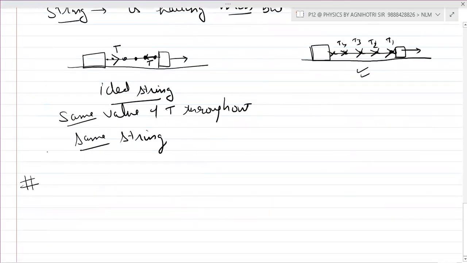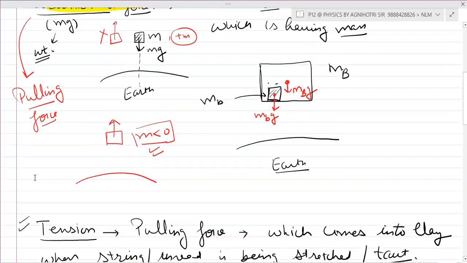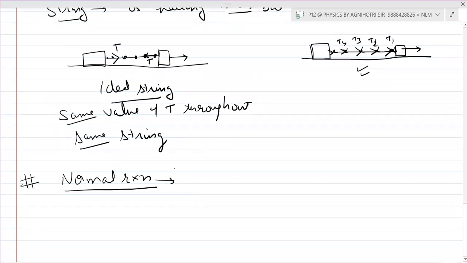Now let me help you out with the next concept. The concept is normal reaction. So what do you mean by this? Normal reaction means it's a sort of contact force, the very first part. It's a sort of contact force which comes into play